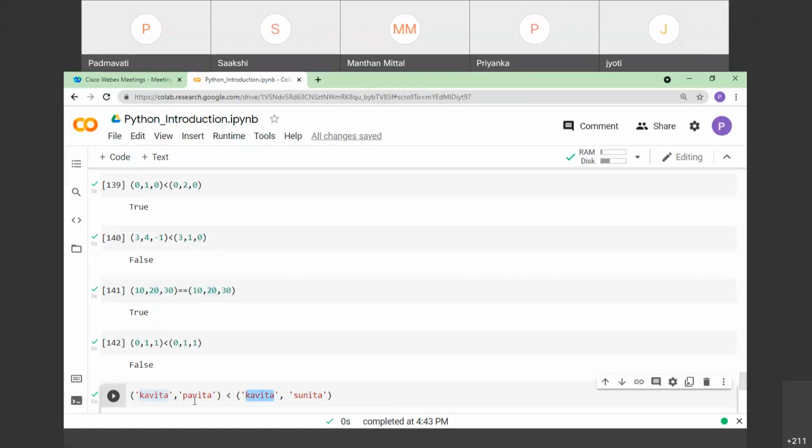As they are the same, it will move to the next element, that is the second element. Pavita will be checked with this element. As we know, in alphabetical order, this string is less than this particular string. So Pavita, the second element of the first tuple, is less than the second element of the other, so it should give the answer as true.